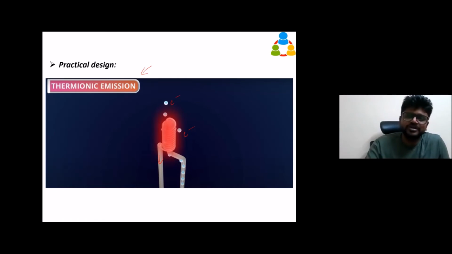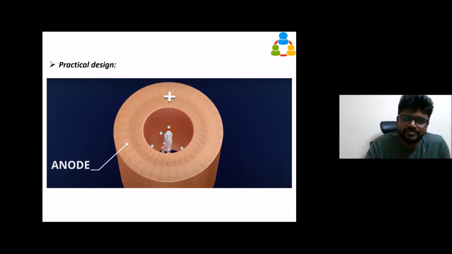So what do we have to do? This should be covered with an anode. When the anode is covered, the electron starts to move towards the anode. It's emitted from the cathode and tries to accelerate towards the anode. So we successfully accelerate the electron so we can produce the electromagnetic waves. So that's what is happening here.